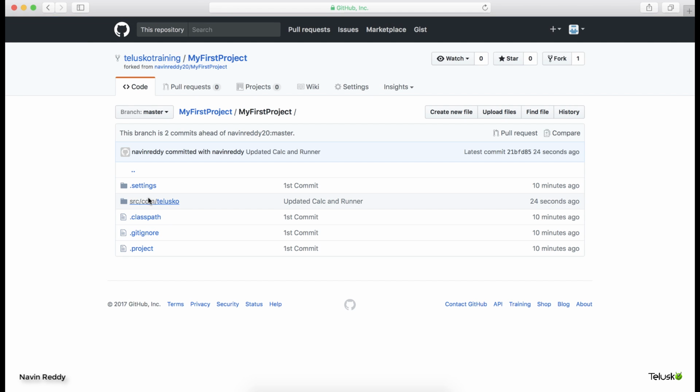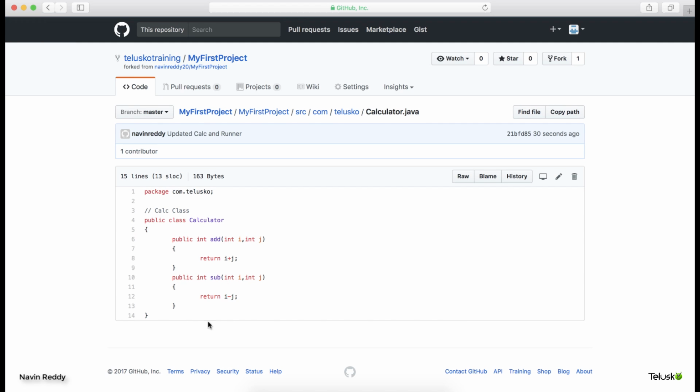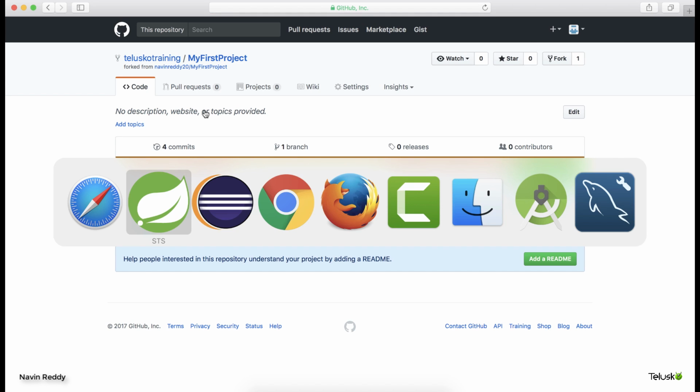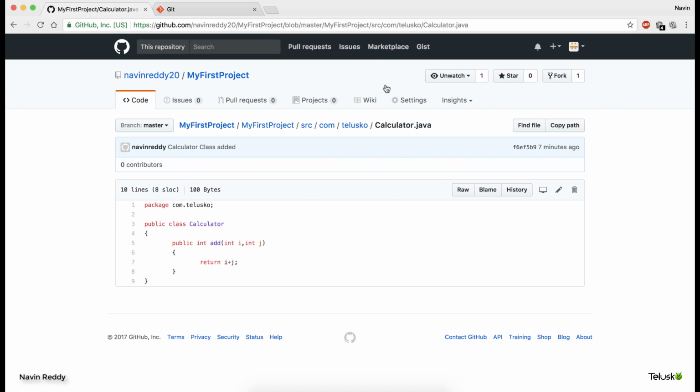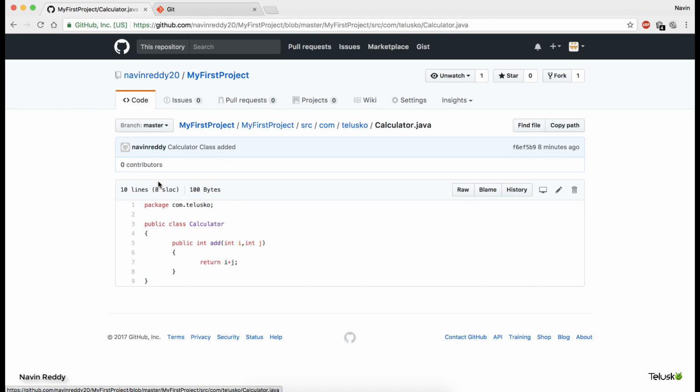If I go back to my first project and open this calculator, we got the feature, but this is in the second GitHub account. I wanted someone to contribute to my project. If I go back to my Chrome and refresh, you can see there's no update here. If I still open calculator, we got only one method. Someone has done the work, but it is not with me now. How do I merge it? Is it possible? Let's try.